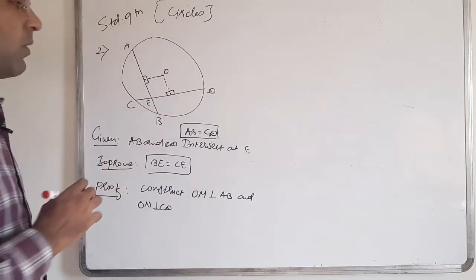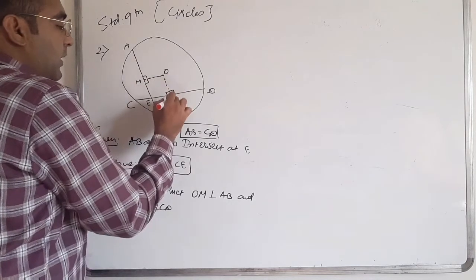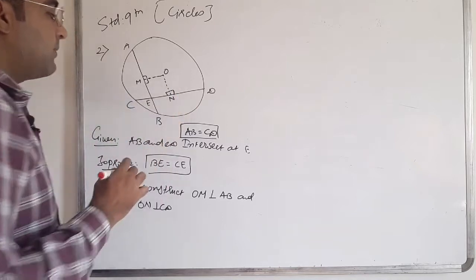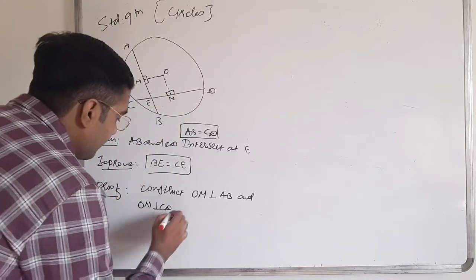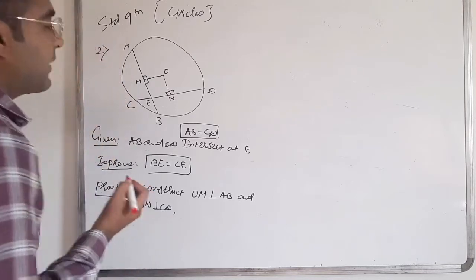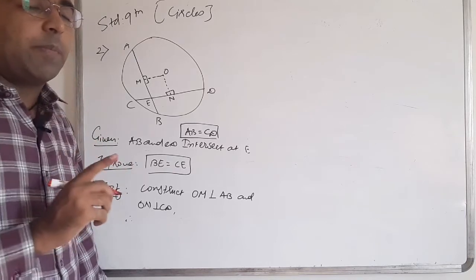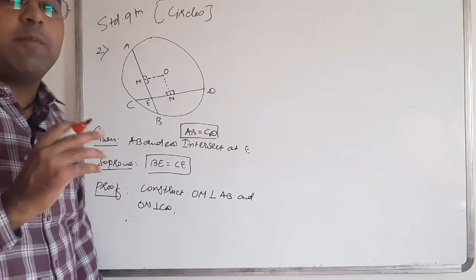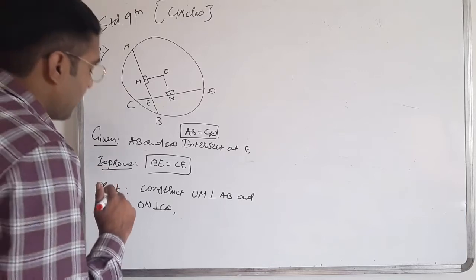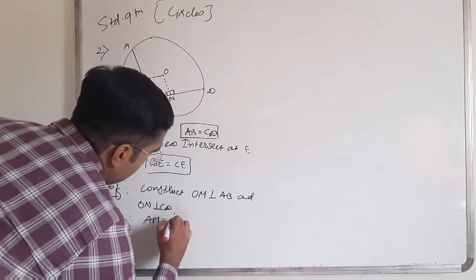Okay, OM perpendicular to AB and ON perpendicular to CD. So therefore we also have to write that the perpendicular from the center of the circle to the chord bisects the chord. So we should write that AM is equal to MB